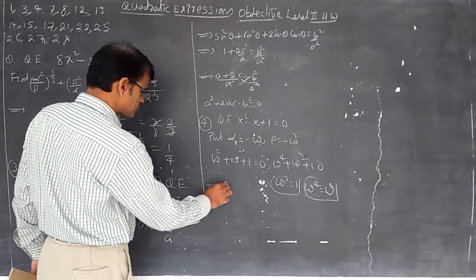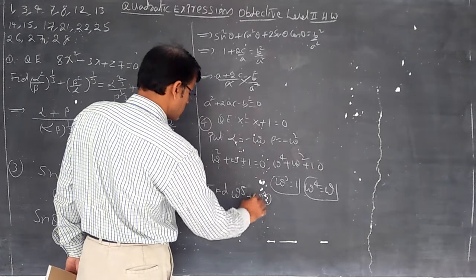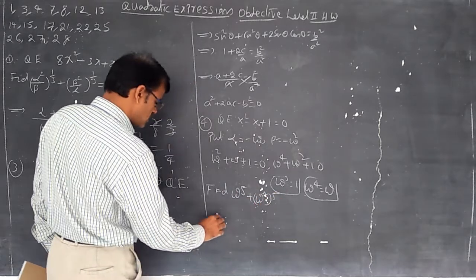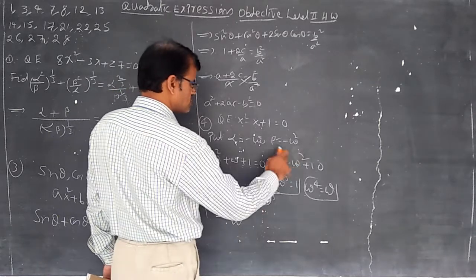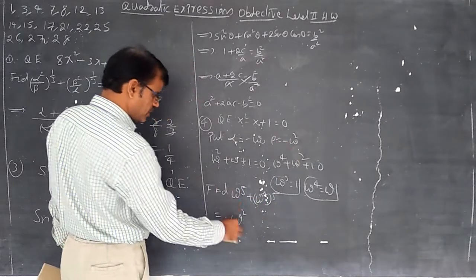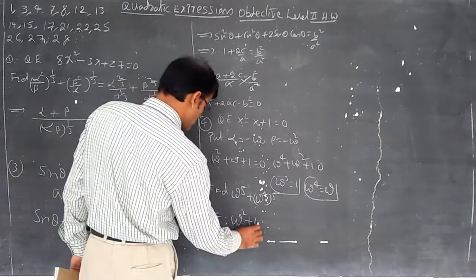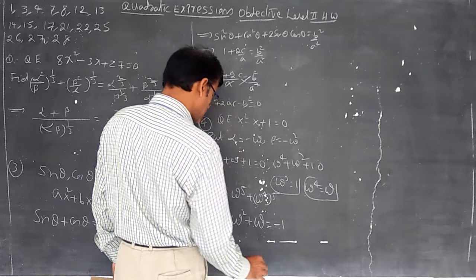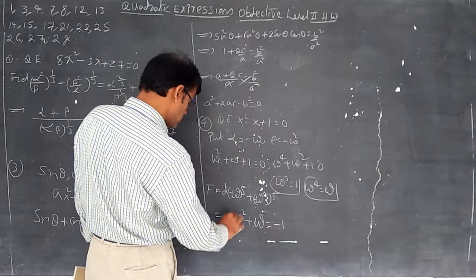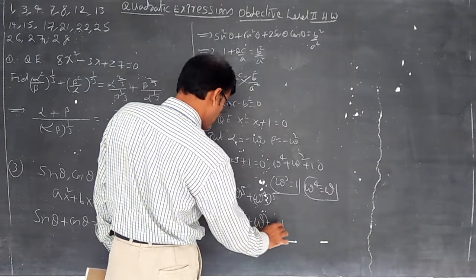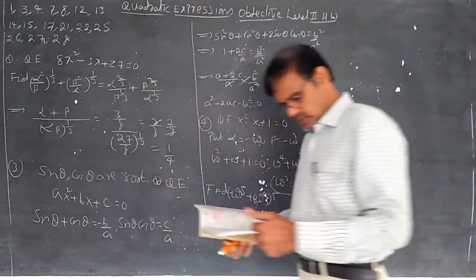Now we should find out alpha power 5 plus beta power 5, that is (minus omega) whole power 5 plus (minus omega square) whole power 5. It is nothing but the concept that omega cube is equal to 1. Omega power 5 becomes omega square, plus omega power 10: omega power 9 into omega becomes omega. Omega square plus omega becomes minus 1. Students, this is minus of it, so minus of minus 1, which becomes 1.